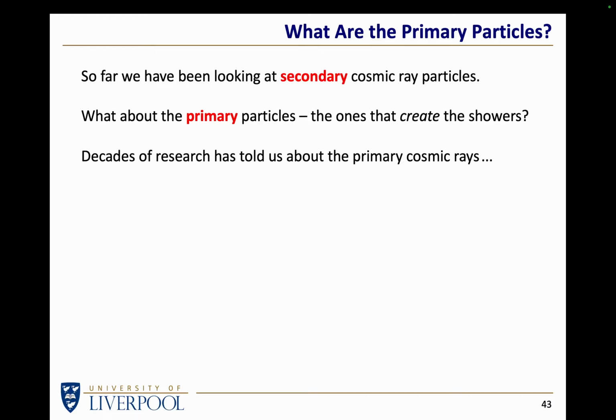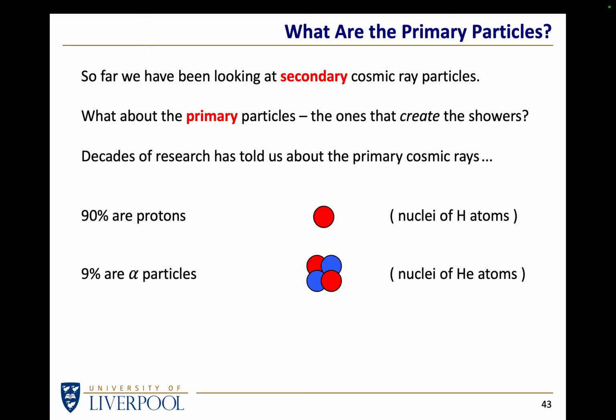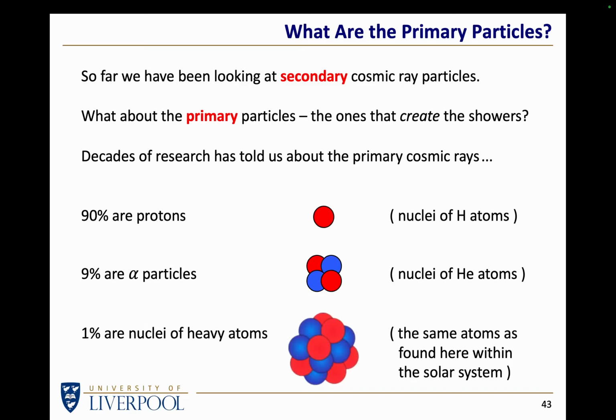Well, a few decades of research since Hess made his discovery in the early part of last century has told us that the incoming particles that are responsible for cosmic rays are mainly protons. 90% of them are protons. If you wish, you can think of them as the nuclei of hydrogen atoms, because a hydrogen atom is just a proton with a single electron. 9% of cosmic rays coming in, hitting the atmosphere, are alpha particles. These are 2 protons, 2 neutrons, otherwise known as the nucleus of a helium atom. And the remaining 1% is a mixture of loads of other things, a few electrons and a few nuclei